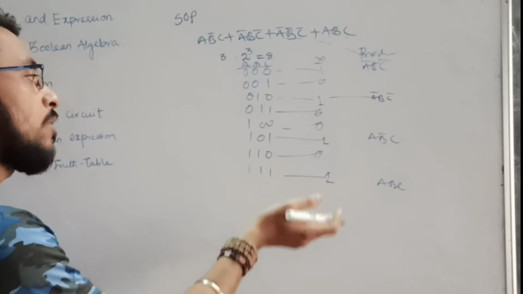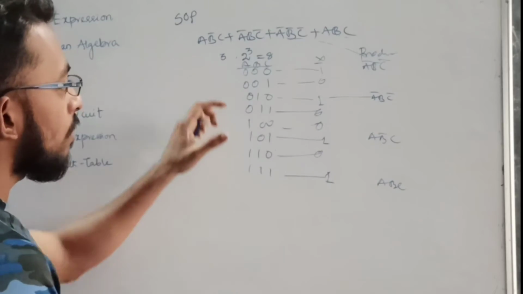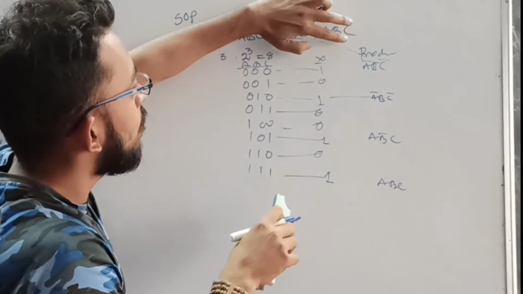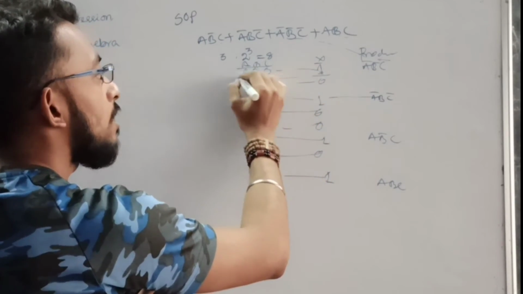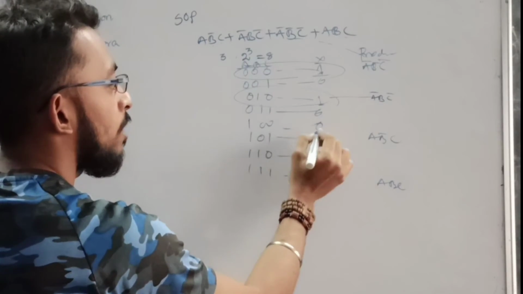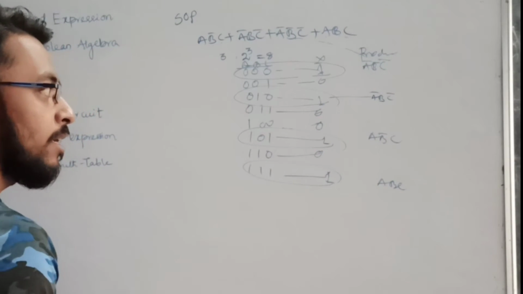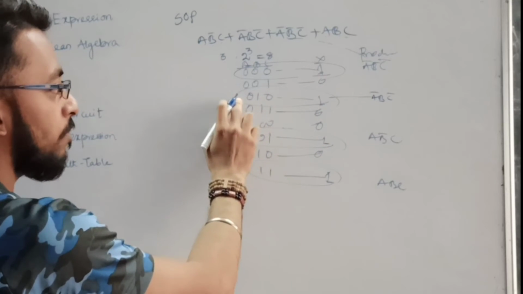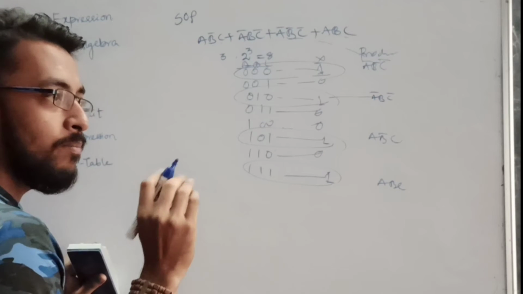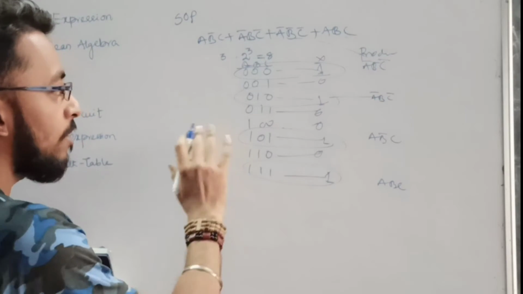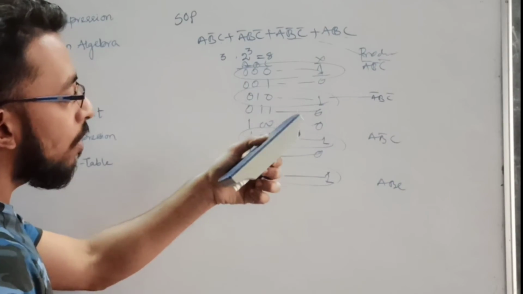Similarly, from a truth table you can write your expression. How? I am talking about SOP. Suppose this is the truth table that is given. From the truth table you see the values for which my output is 1. For SOP I am considering the output equal to 1. Since these values are 1, you write the expression for this, which is nothing but A bar, B, C bar. Because for SOP, a 0 means I am writing with a bar, and 1 means no bar. In this way you can convert your SOP into a truth table or your truth table into SOP.